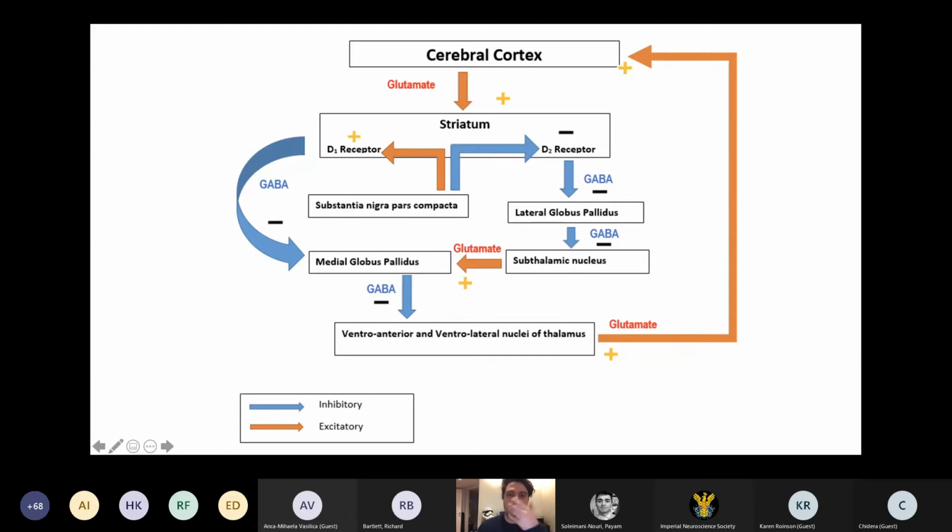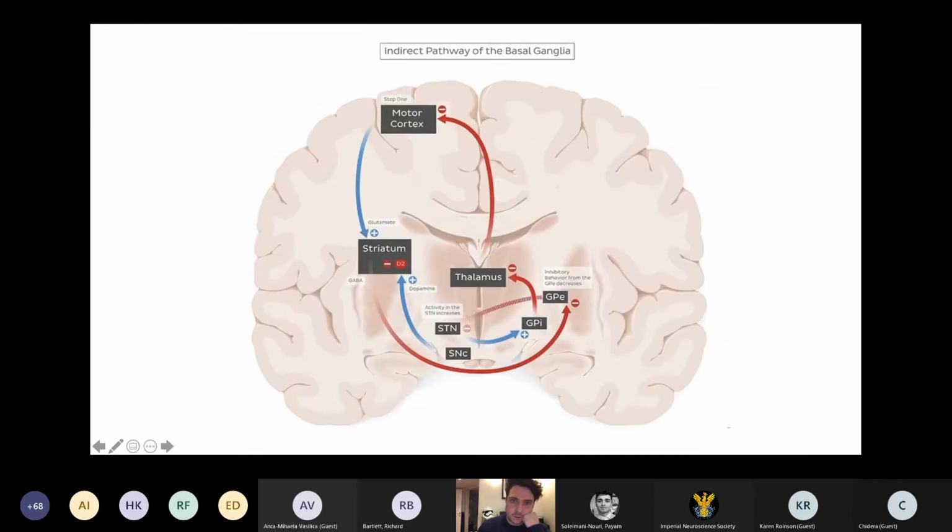Okay, so I personally find the brain slides previously a little bit easier to understand, and visually it makes a bit more sense. But for those of you for whom this works, if it works, it works. Now, there's one thing we haven't talked about, and that's the modulation of movement that dopamine has